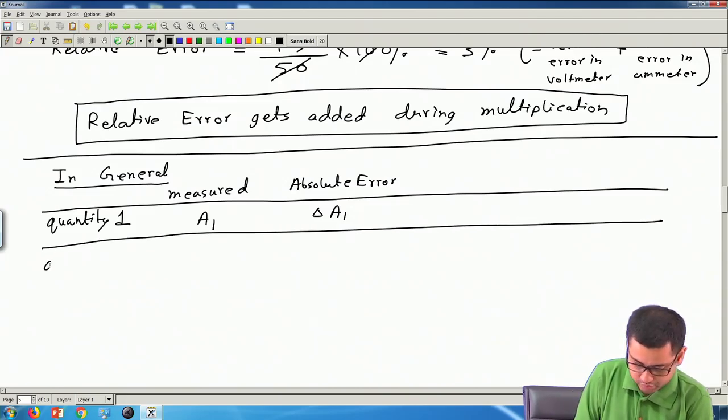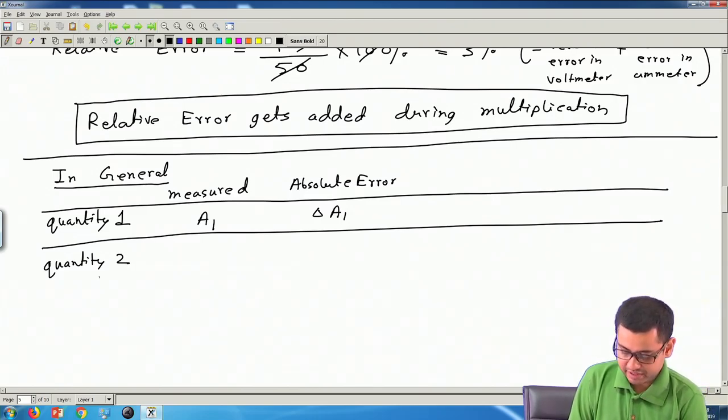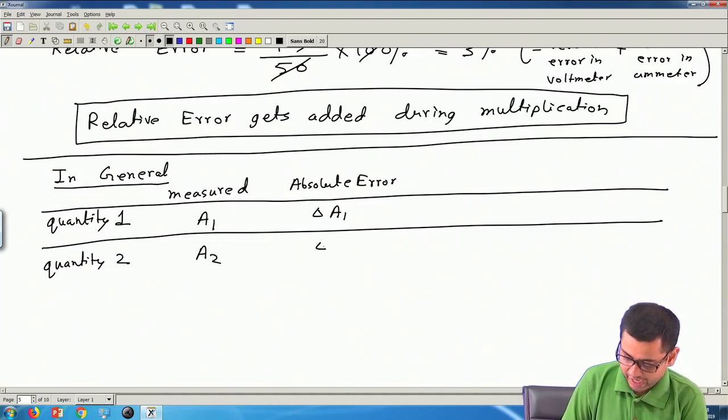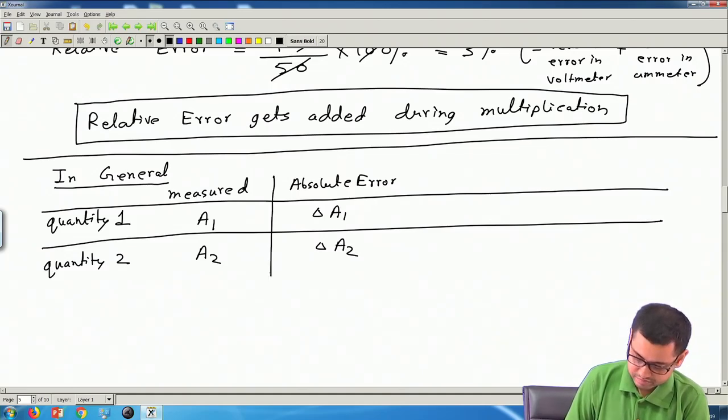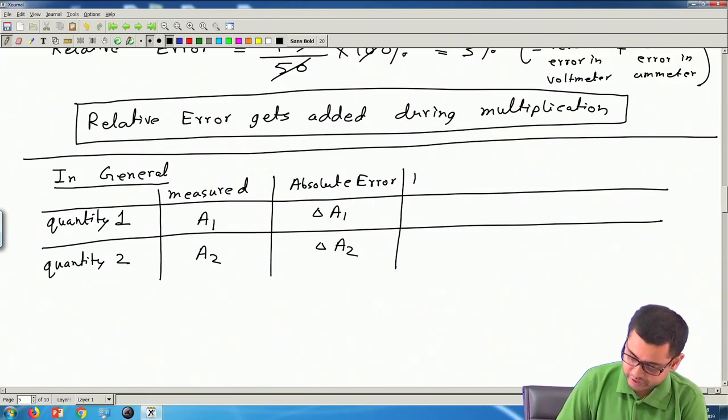For quantity 2, these quantities can be voltage and current, or both voltages or both currents or anything, two quantities in general. So this has a measured value of A2, and we know it has an absolute error of delta A2. Okay, and if so, then the relative errors we can write as,